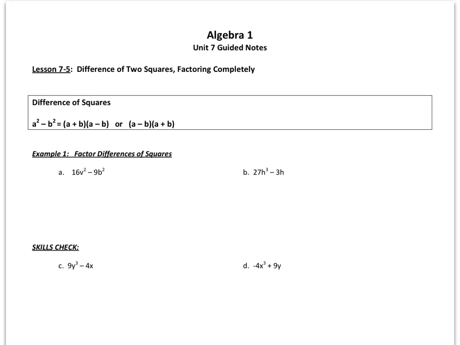Lesson 7.5, Video 1. Now we're going to talk about factoring a difference of two squares. Now it's important to emphasize difference, meaning that we have subtraction. And also, two squares means they are both